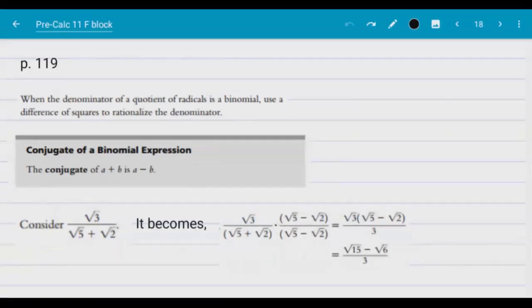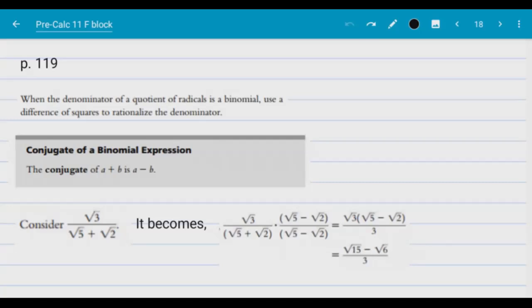When the denominator of a quotient of radicals is a binomial, use the difference of squares to rationalize the denominator. So in this case, as you can see, you have this fraction. The difference between this fraction and the previous ones that you have been doing is that now there are two radicals in the denominator. One, two, right? What would be the best way to deal with this? And to get rid of those two binomials, you need to multiply the whole expression by the conjugate of the